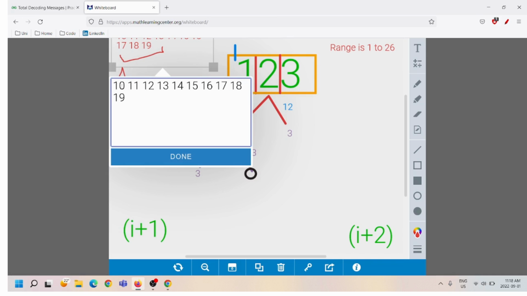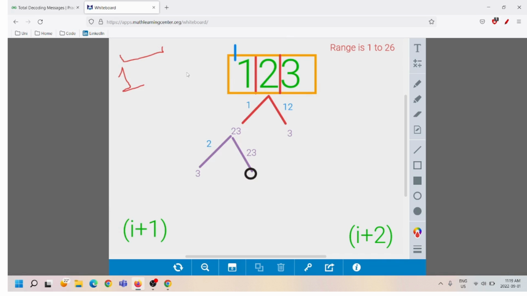And everything is starting with 1. So we know if 1 gets paired with any digit from 0 to 9, we can pair them and replace them with the corresponding alphabet, because from 10 till 19 we have valid alphabets. And just considering this particular part, what we are going to do here is,